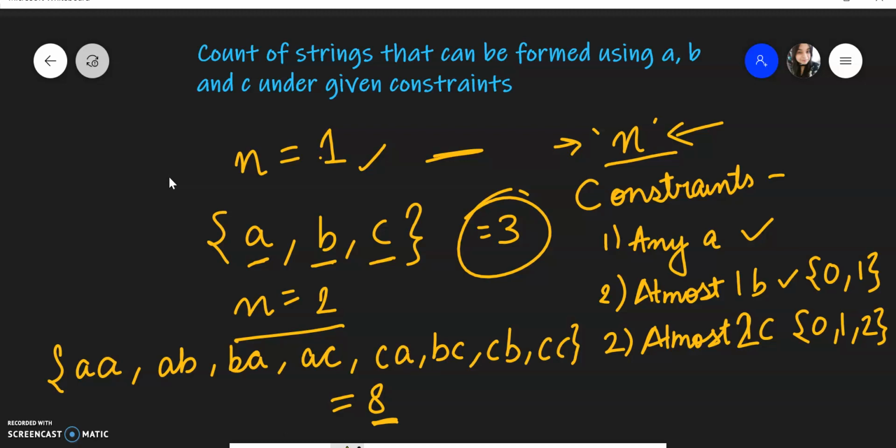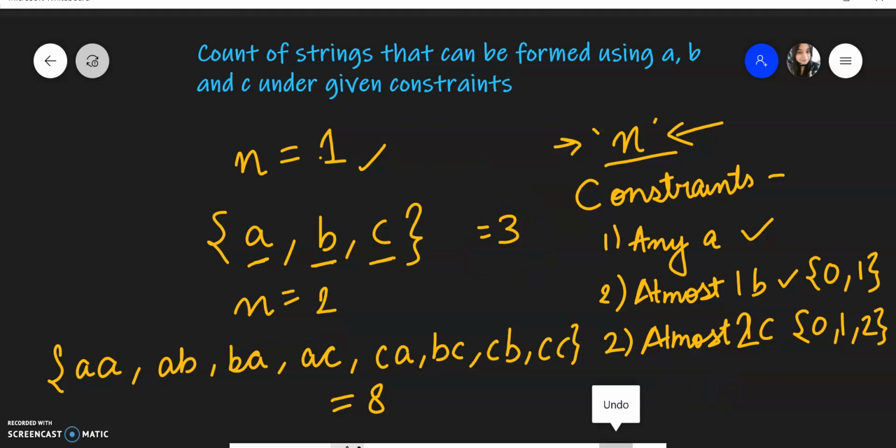So this question can be solved in various techniques, by recursion, dynamic programming, but now we'll try to see an O(1) solution for this. How can we do it? We'll do it with the help of permutation and combination. So we'll try to find out the combinations that can be formed. For this, we'll just follow one simple general formula.